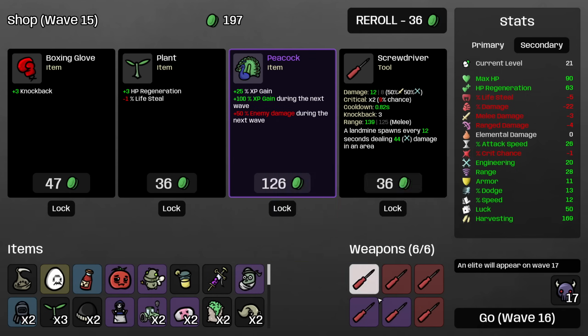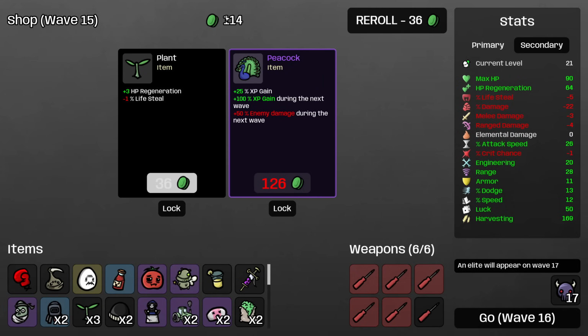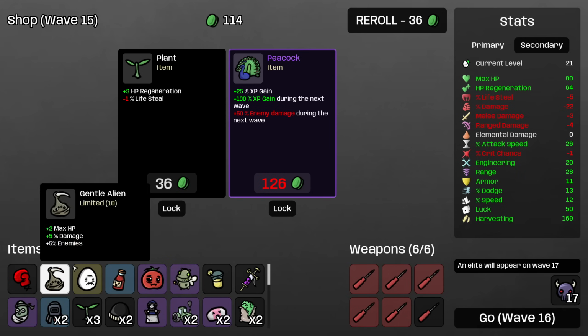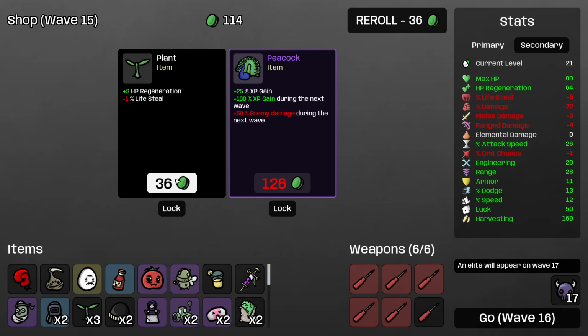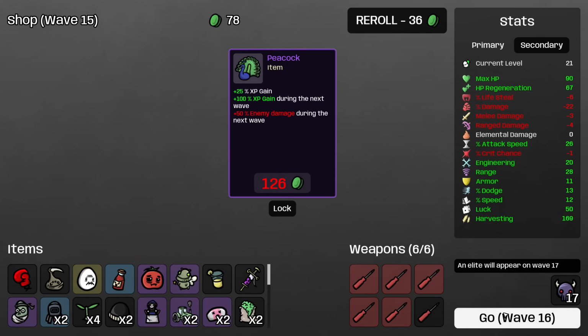Roll again. Alright, we'll buy a screwdriver, and I am going to still buy this boxing glove, for the reasons I talked about earlier. I think that will help a lot. It also, of course, is another unique level 1 for the fairy. And plant is more lifesteal. We've got every 0.16 seconds we get 1 HP, so 6 HP a second. Obviously, that's really good